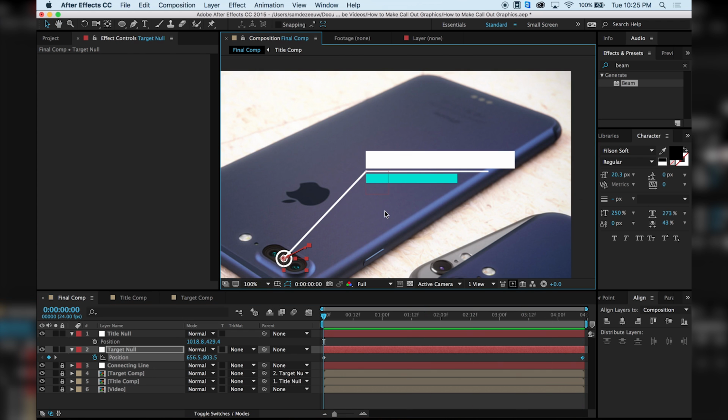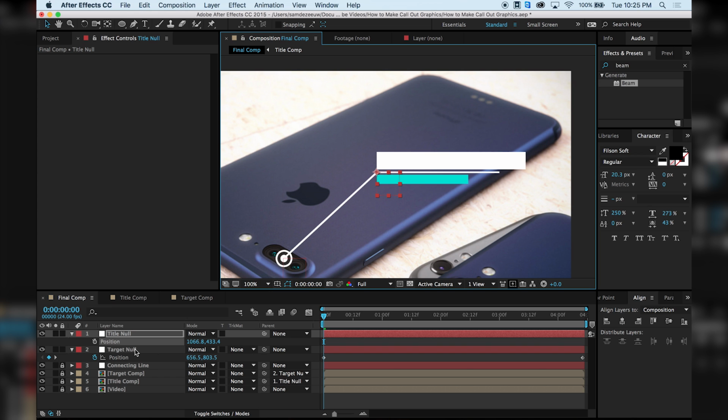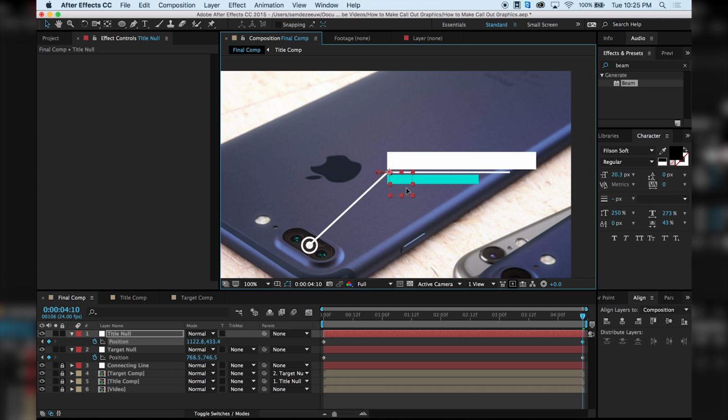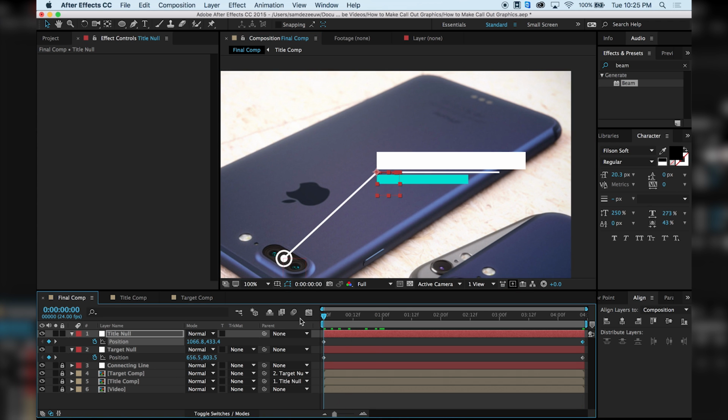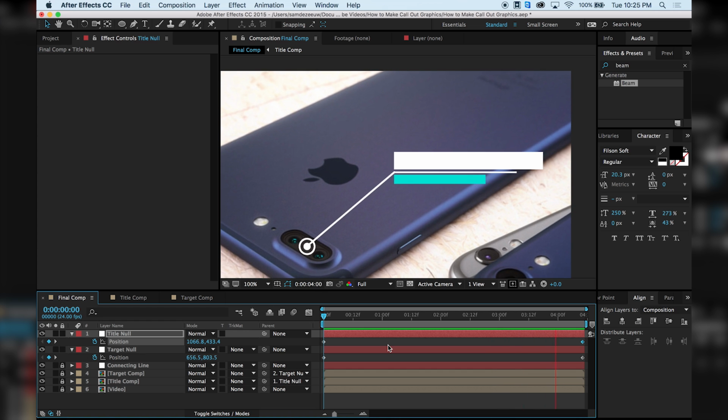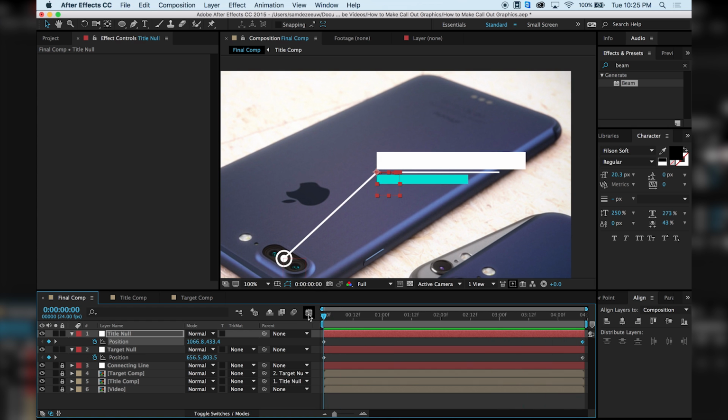So now what I kind of like to do is I like to add just a little bit of movement to my title. That's just kind of preference. I think that looks a little bit better. So I'm just going to add some subtle movement by keyframing over the length of this composition. There we go. Alright, so next what I want to do is I want to actually animate the individual parts